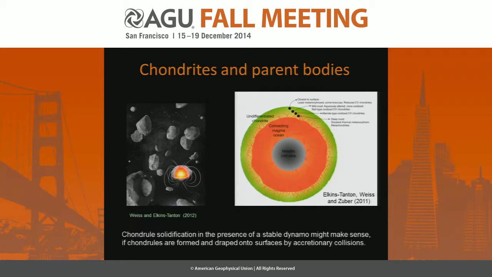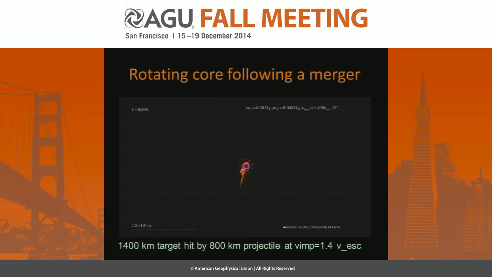And so this chondrule lid, or the crust that Lindy was talking about, maybe, instead of being primordial, maybe it gets draped on top, and it's a chondrule processing factory. Now, I guess I should show you. That's kind of the same simulation. So you get this merger, rotation of the core, possible instigation of a dynamo, and draping back of these chondrule-forming